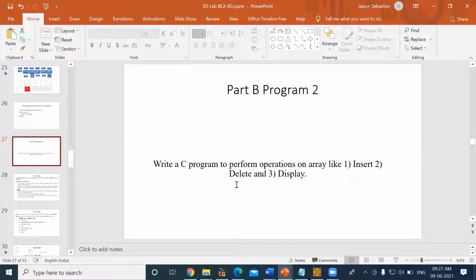You know how to make it menu driven, right? We will be asking the user to enter the choice. When we enter the choice, we will be using a switch case, and in each switch case, case 1, case 2: case 1 is for insertion, case 2 for deletion, case 3 for the display. And the default case will be just to exit from the loop. Got it? So you know how to use the main structure of a menu driven program, and how to execute using switch case.